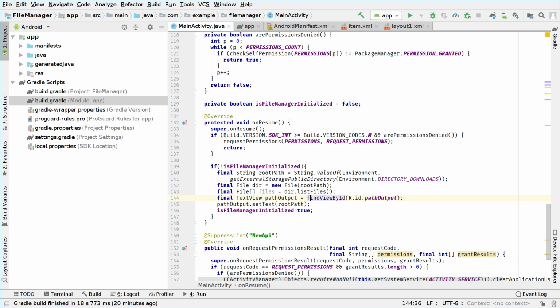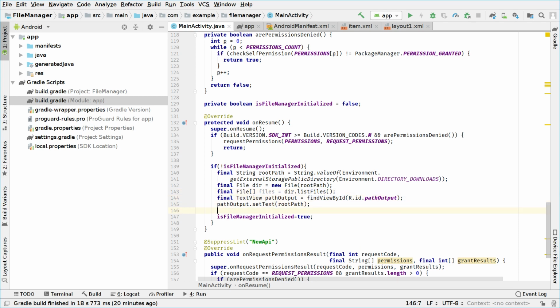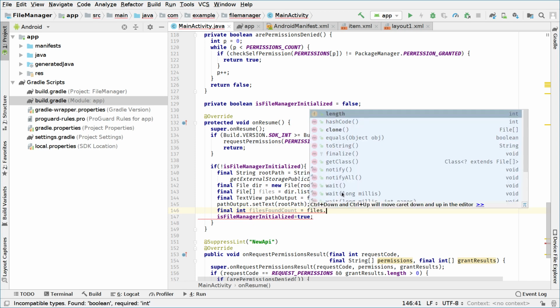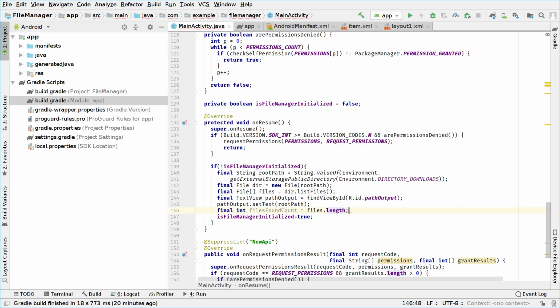Okay, now the files, we have the files and we have their files, right? And we want the files to be displayed on our list view. Okay, for that we will create an int, say final. I always use finals, but it's not really a must to use finals. Okay, final int files found count, which is how many files were found. This will be files dot length. Okay,